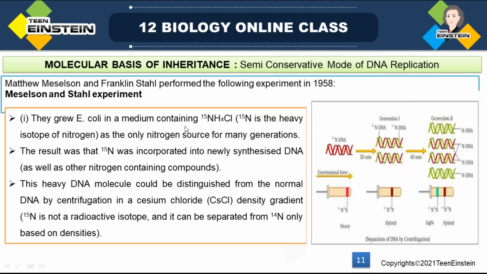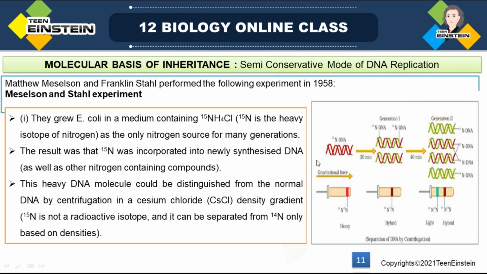Ammonium chloride was the only nitrogen source for many generations, and that nitrogen was the heavy isotope. The result was that this N15 was